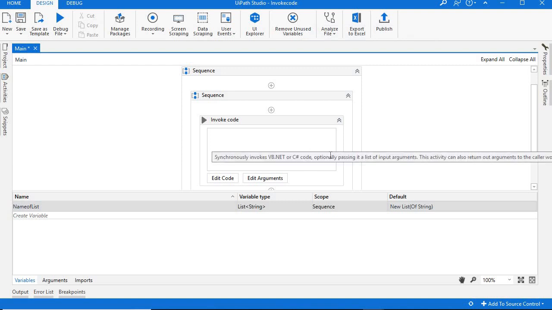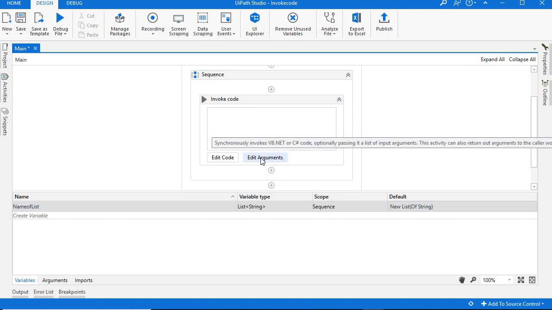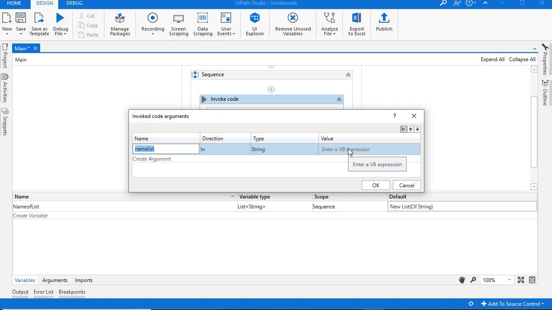Now with the help of invoke code, I am adding some names to this list. So edit argument, create variable. Here we need to create a variable. This variable we are going to use in invoke code. Basically, this argument is a connection between the invoke code activity and this workflow.